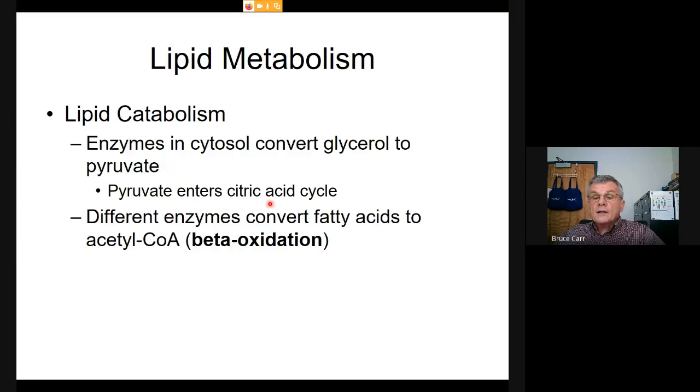Pyruvate can be put directly into the citric acid cycle. Now, the fatty acid chains that remain on triglycerides, I'll show you that in just a second, have to be broken down using acetyl-CoA in a new process. Look at this term, beta oxidation. And let me just comment on it